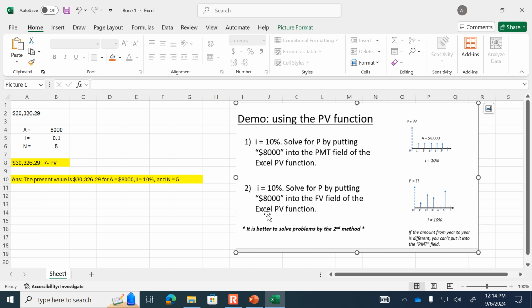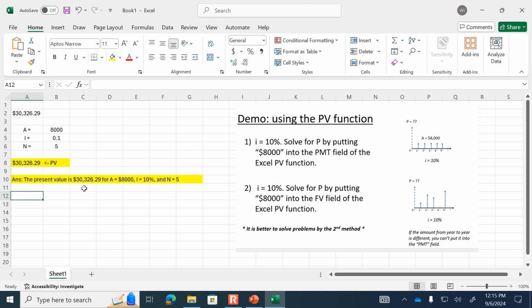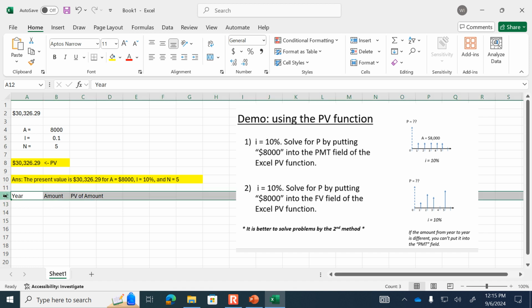Solve for P. Oh, no, I'm sorry. Solve for P by putting 8,000 into the FV field of the Excel PV function. All right, so what I mean by that is there's year, amount, and then PV of amount. This is a table that we're going to see a lot of times this semester, and